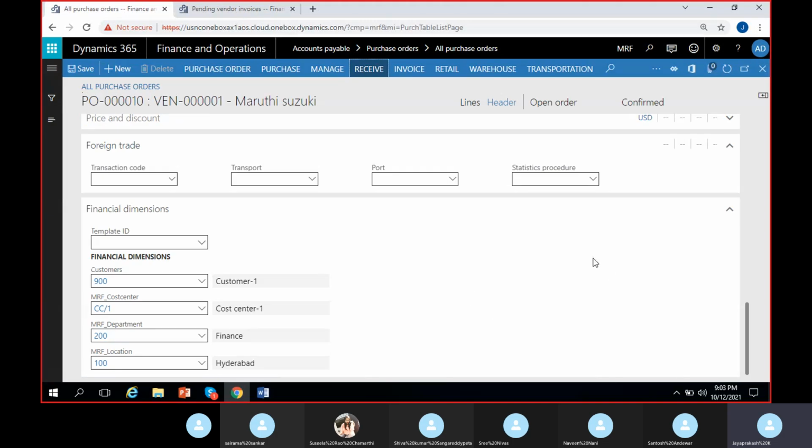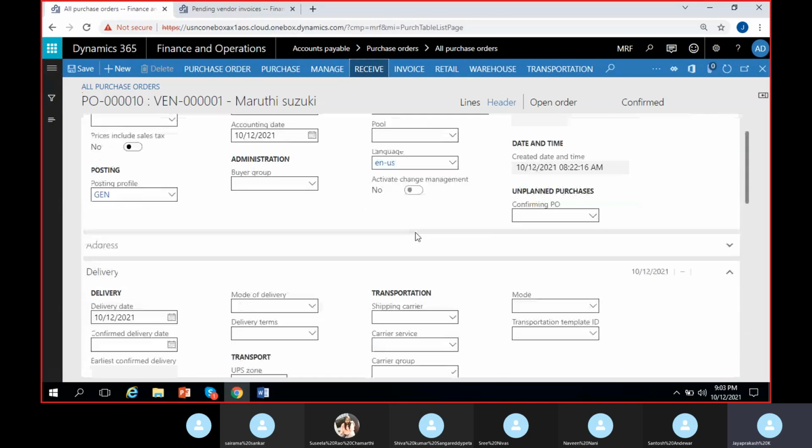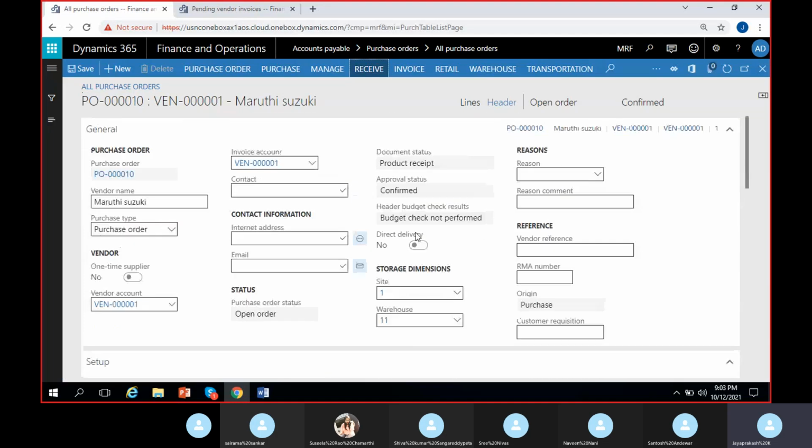Okay. Then I'll show you one more example. This is very small example. Okay. On this product, on this purchase order, sorry, we have